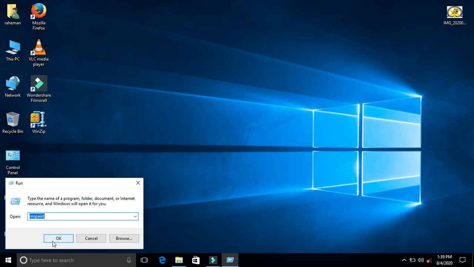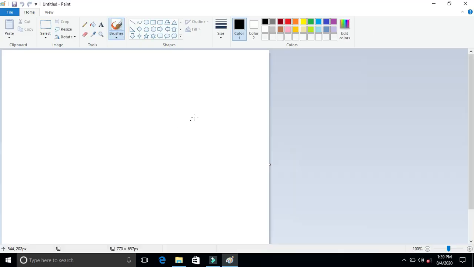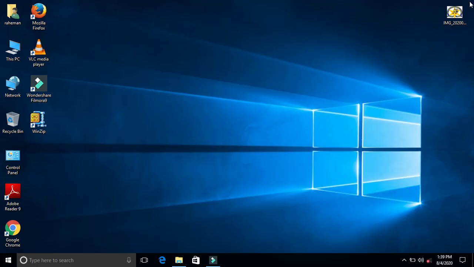I know MS Paint, so I just type MS Paint and press OK, and it will open Paint directly. Clear? So this is the second way.